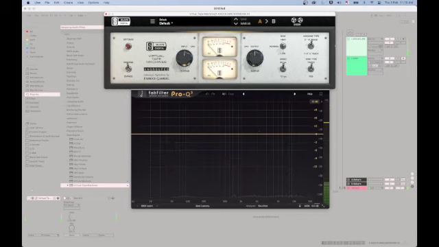So there's quite a difference in the low end,